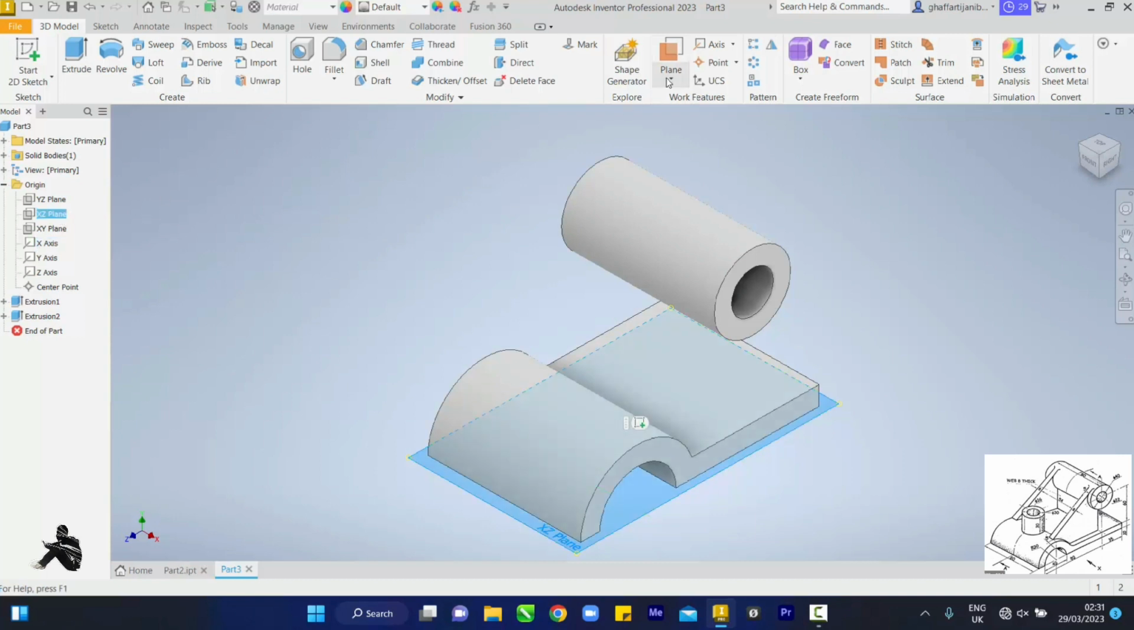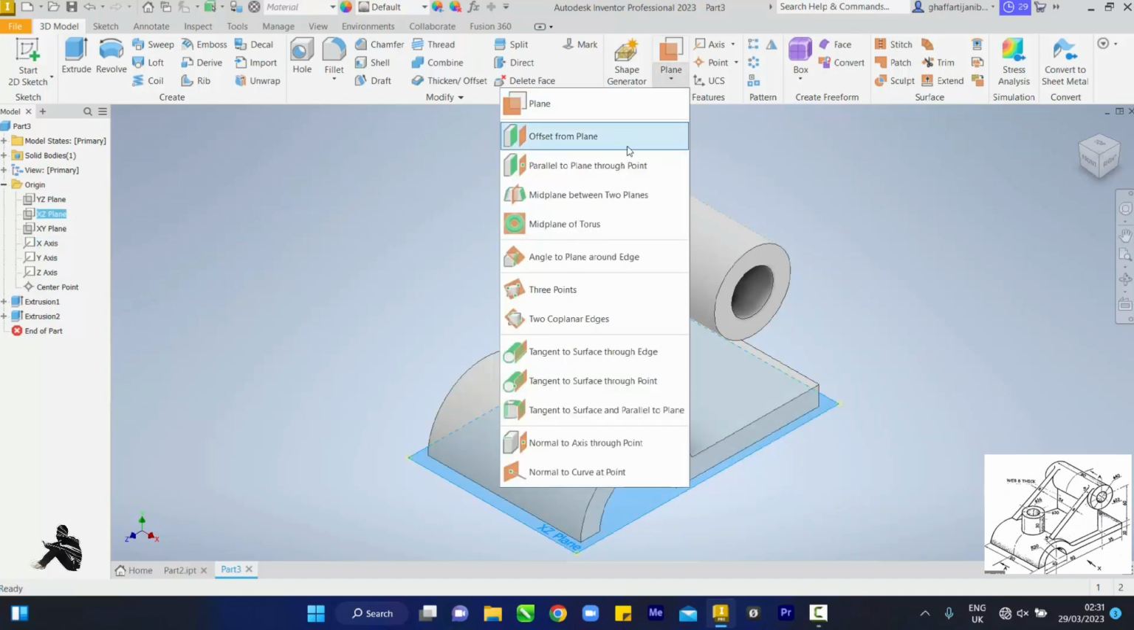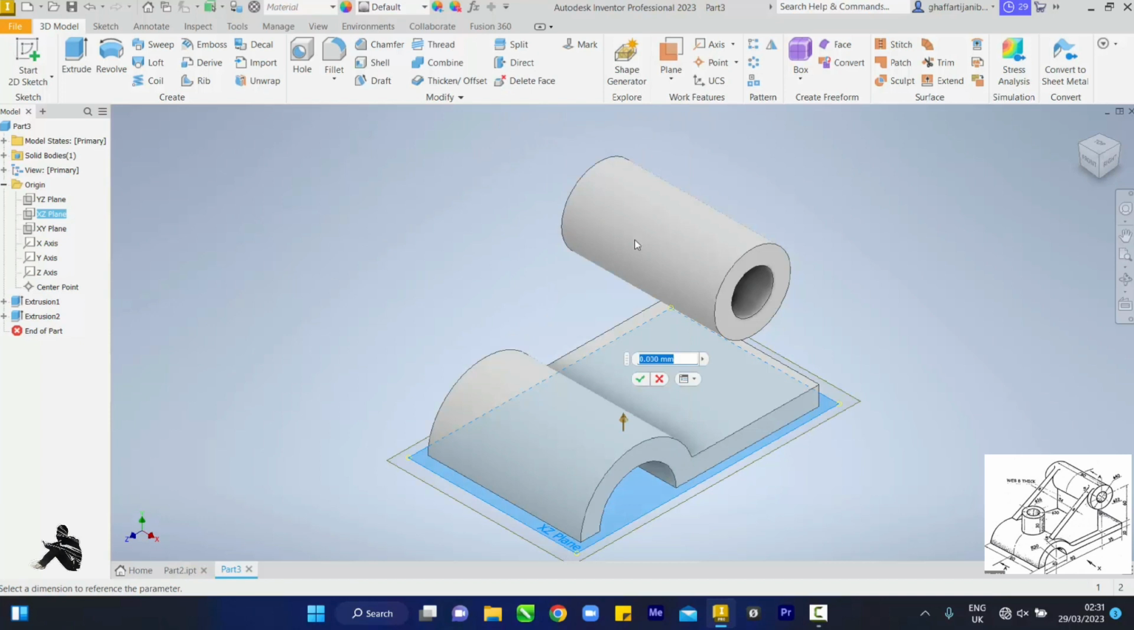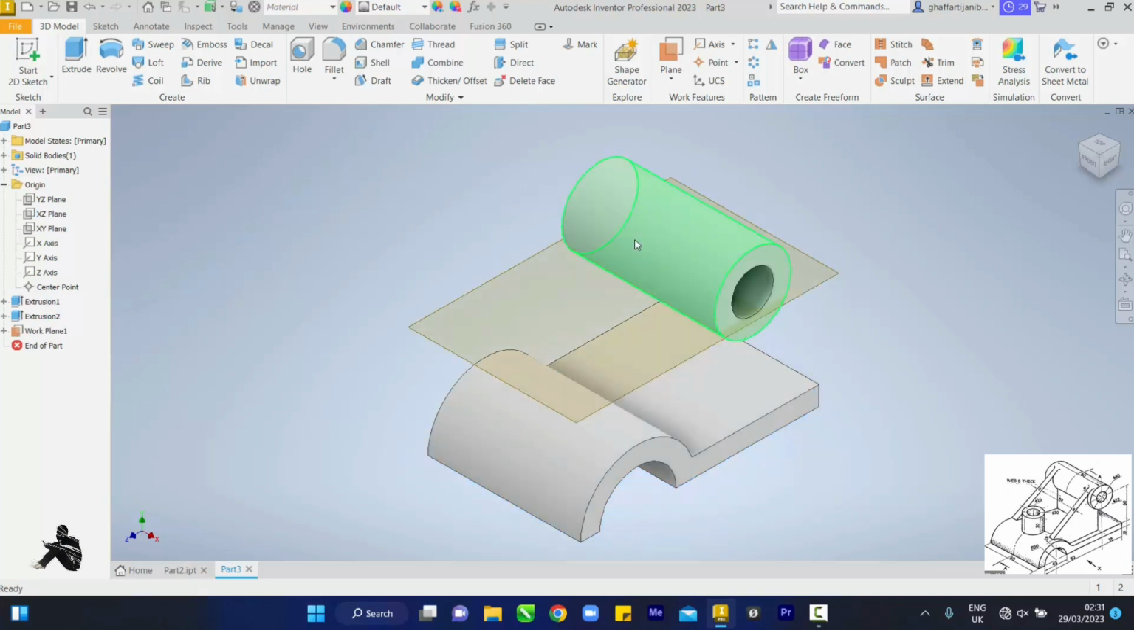So now we'll be offset, come to plane offset, then want to go upwards by, we have 20 plus 30 as 50. Want to go upwards, sorry, 30 plus 30, that's 60 by 60, enter. Good. So click on this plane,